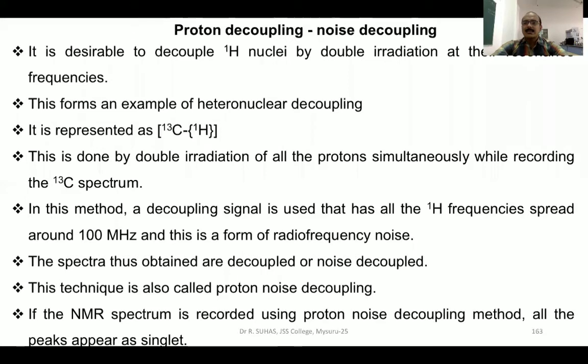Here, noise is nothing but unwanted. While running C13 NMR, we don't want the proton. That's why we are deleting the proton. Here, proton is treated as noise. Noise is something unwanted. That's why it is called proton noise decoupling. So whenever you use this method for recording the C13 NMR spectrum, all the peaks will appear as singlets, and